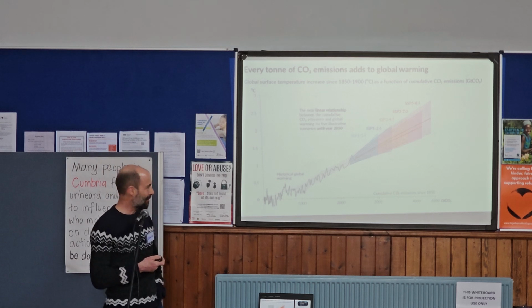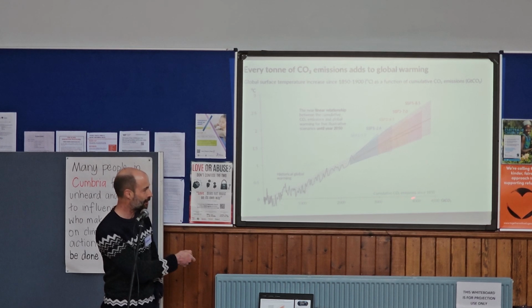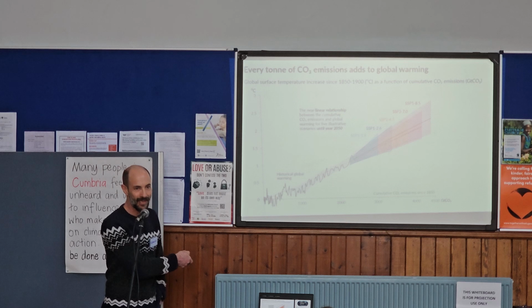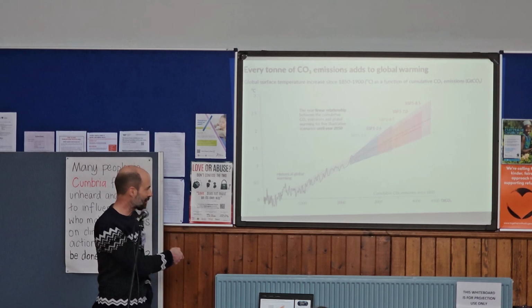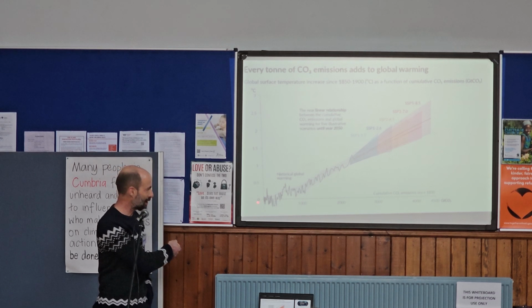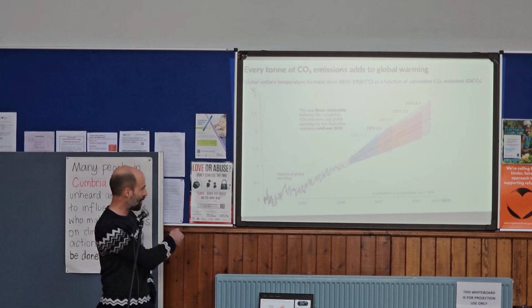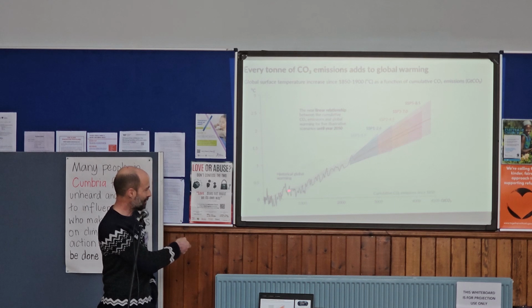What emerges is that there's actually a pretty straightforward relationship. Again, the axis along the bottom here is the cumulative carbon dioxide emissions since 1850, which is the start of the Industrial Revolution. And the y-axis shows the warming. There's a pretty good linear relationship between the cumulative amount of carbon dioxide emitted into the atmosphere and the amount of warming. So this is tracking the historical warming as we've emitted more and more carbon dioxide cumulatively over that time period.